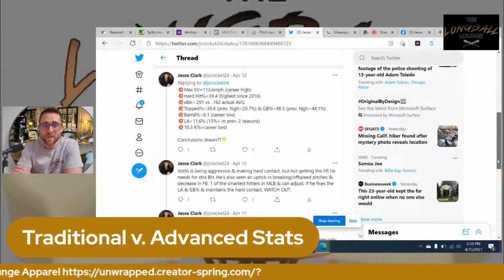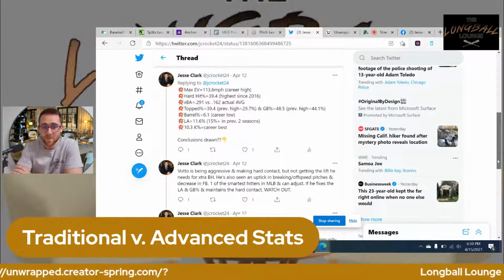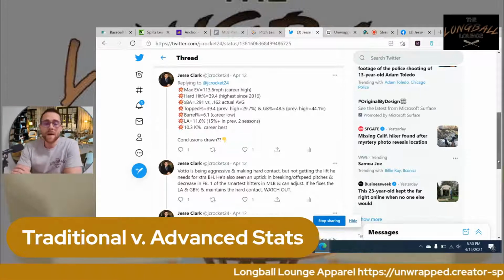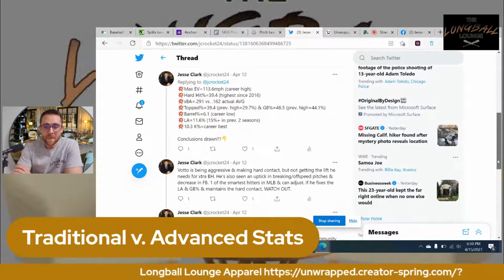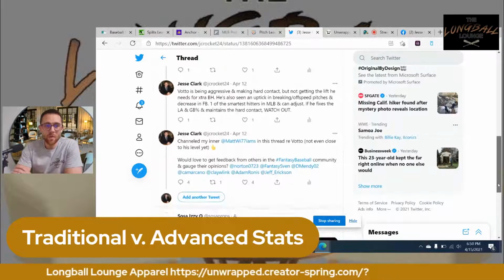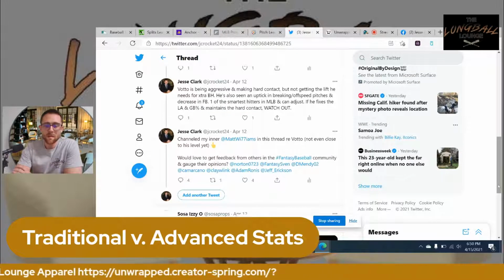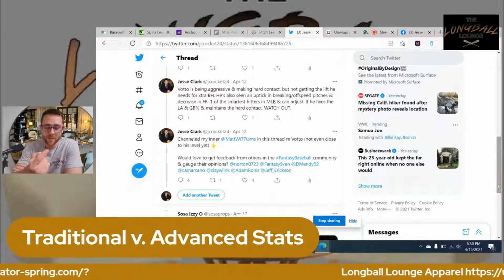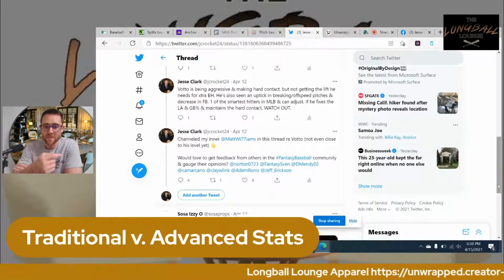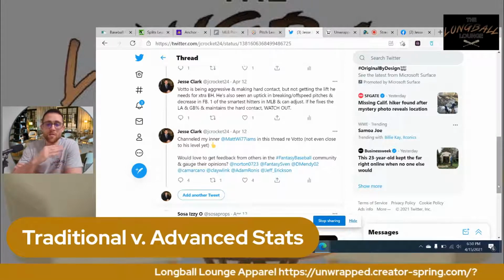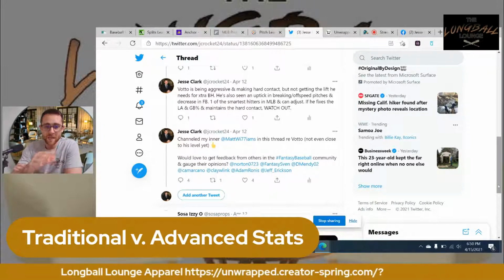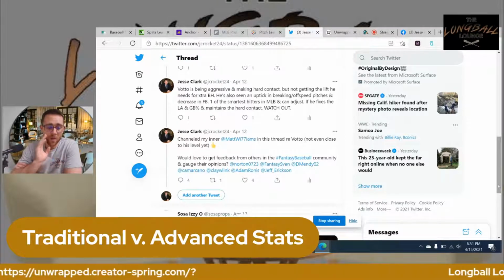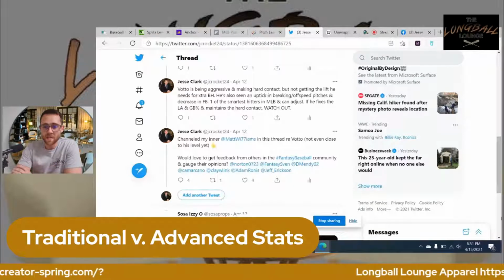And a 10.3% K percentage, which was a career best. So my conclusion here, if you see this scrolling down, what I drew from that was, listen, he's trying to hit the ball hard. He's told us he's wanting to do more damage. He's not going to be super patient up at the plate. He's going to sacrifice some of the walks for causing damage, hitting the ball high exit velocity, high launch angle, trying to hit home runs, doubles, really cause damage.